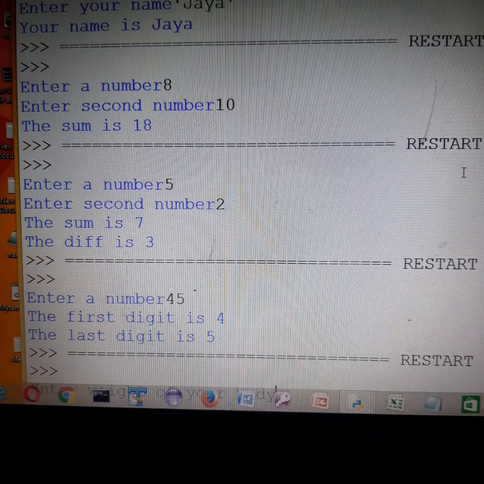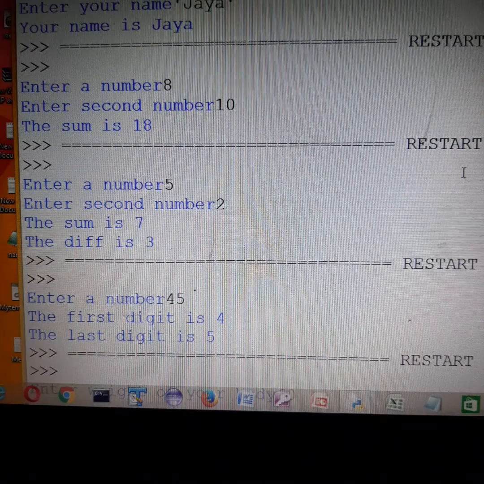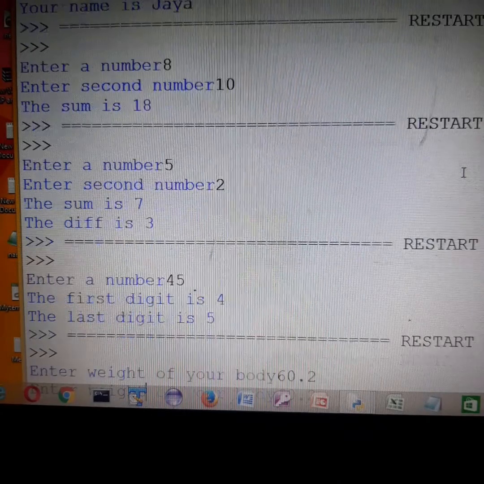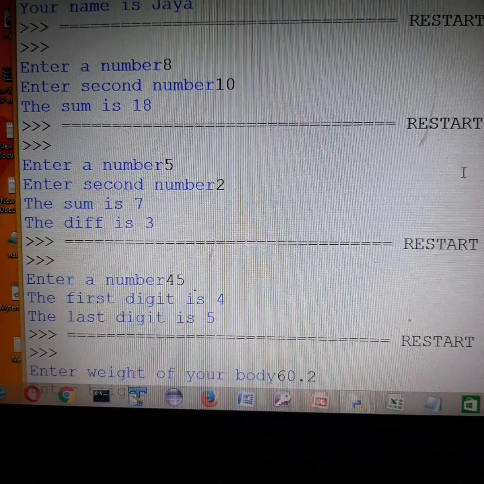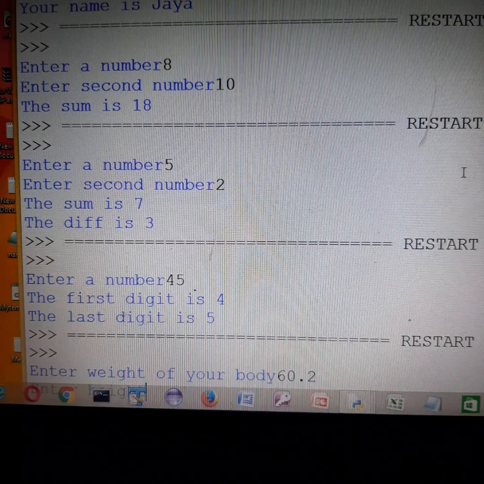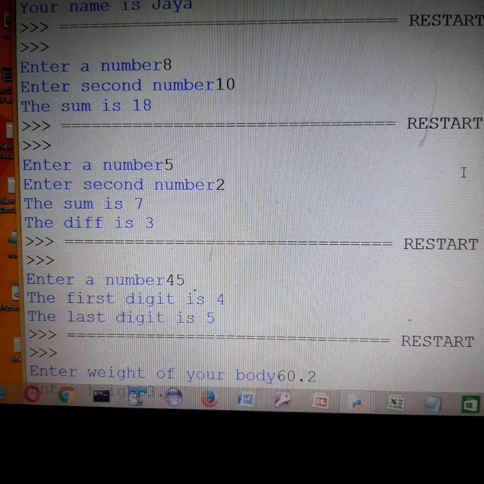So here it is asking me the kg. Suppose I write here 60.2, and for the height, 3.4.